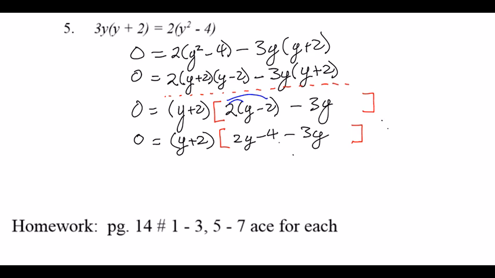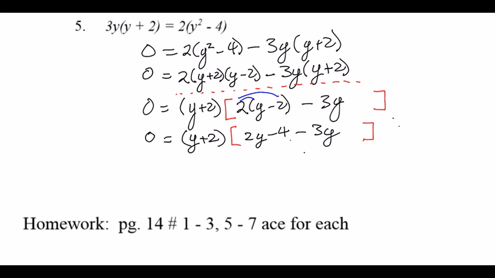If we simplify that bracket on the right side, we're going to get the following. 0 is equal to y plus 2, and we're left with 2y minus 3y, which is negative y, and minus 4. So I'm going to say, therefore,